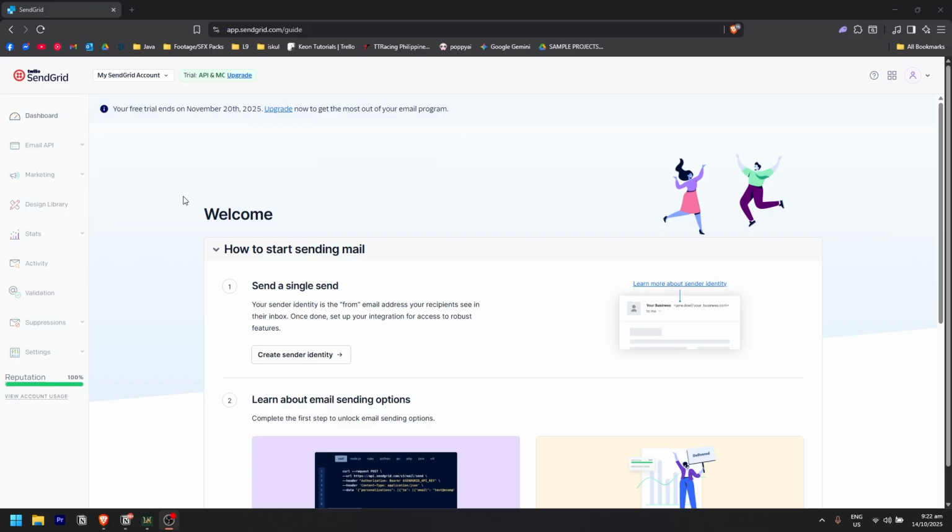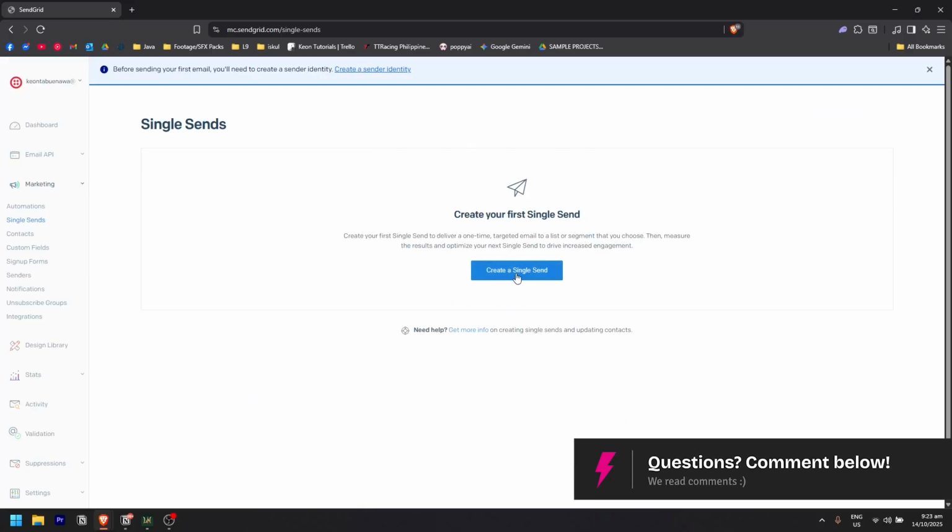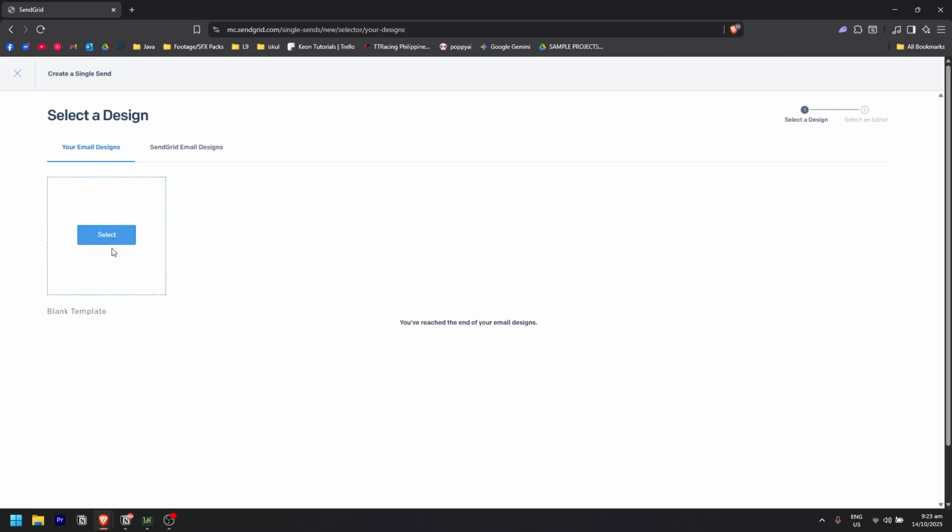Just simply hover to the left navigation menu right here, then click on marketing. Once you've clicked on it, you will see the single send option below it. Just simply click on that. Then it will bring you right here on this page. Just click on the create a single send, then hover to the blank template right here, then click on select,